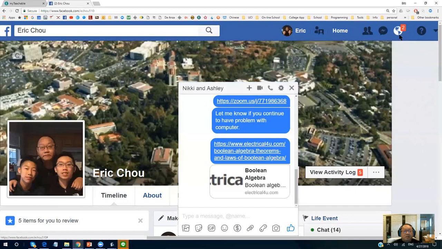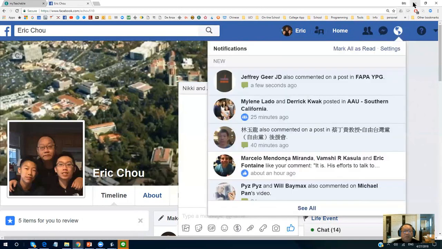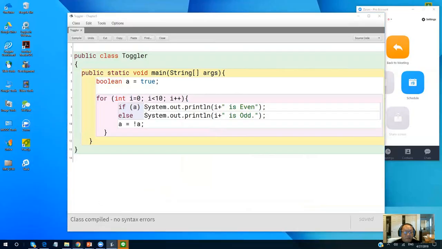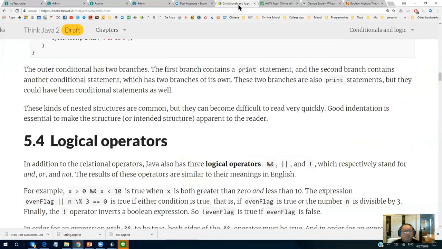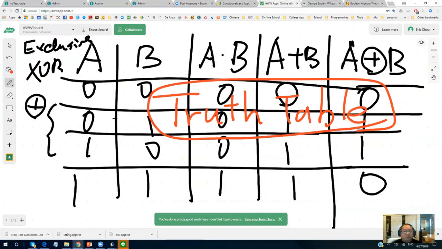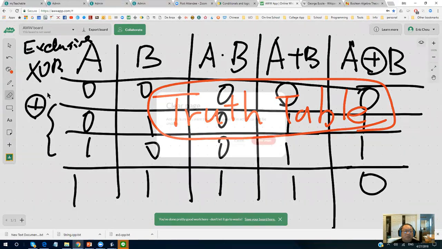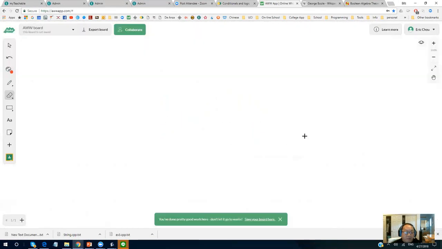So basically, we have something we want to achieve, right? We have something in our mind that we want to achieve.